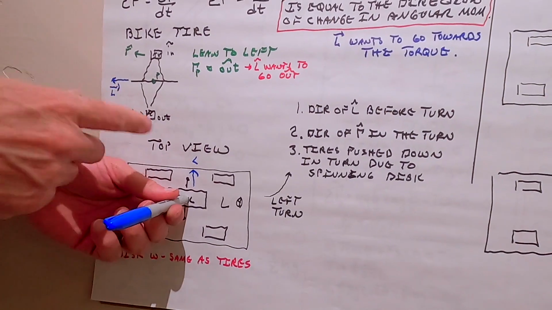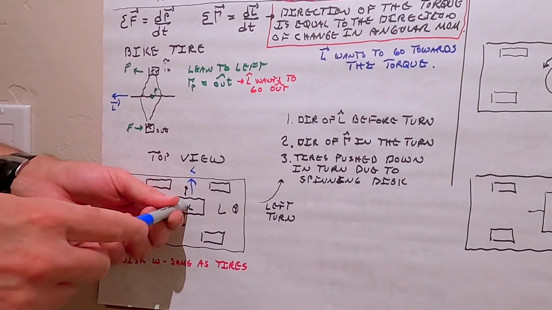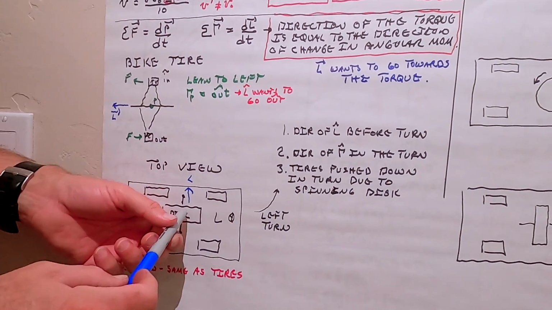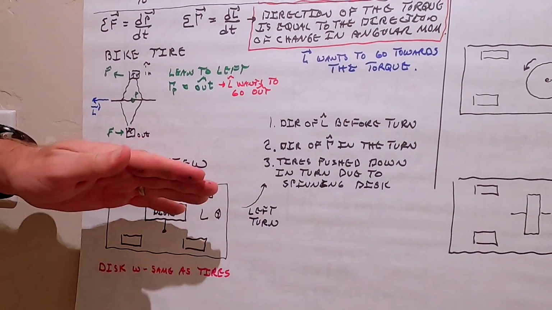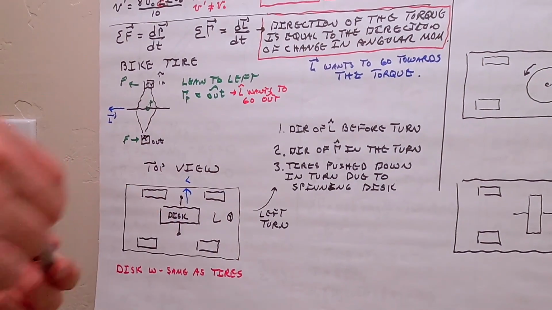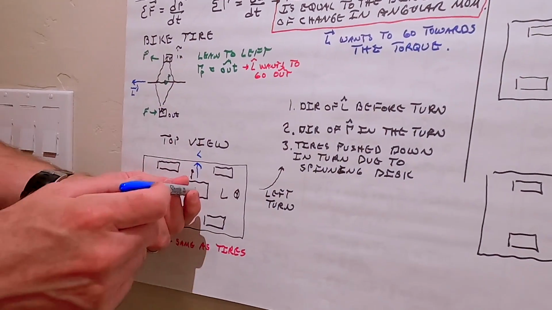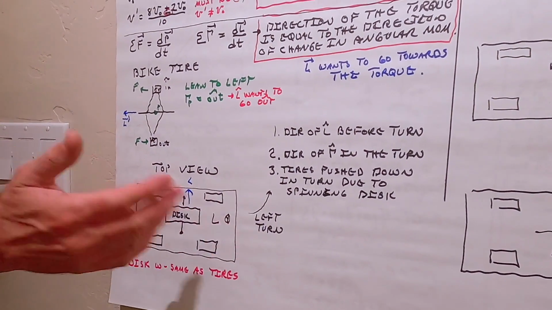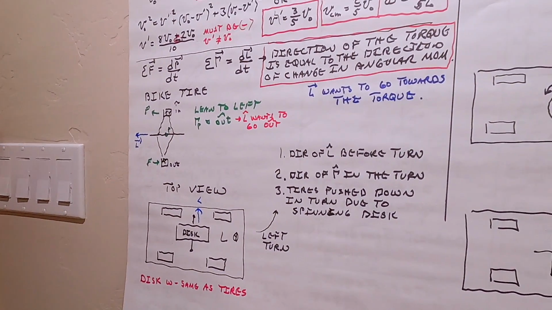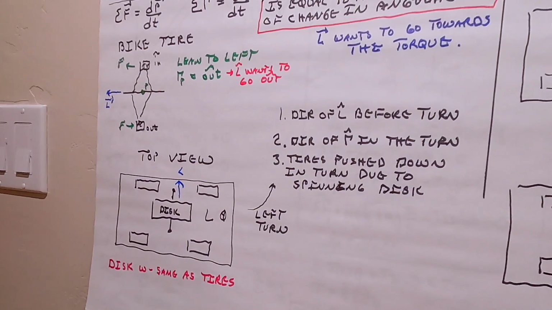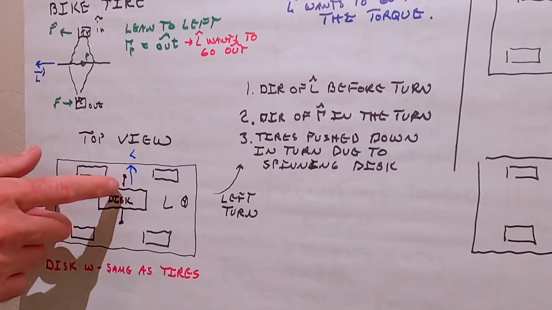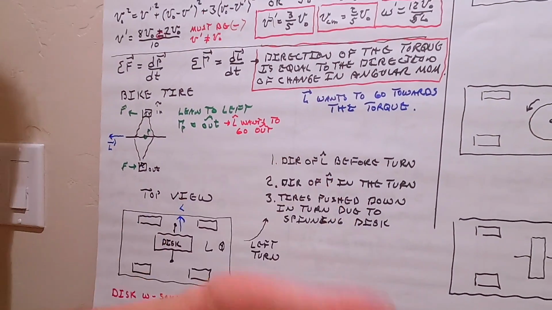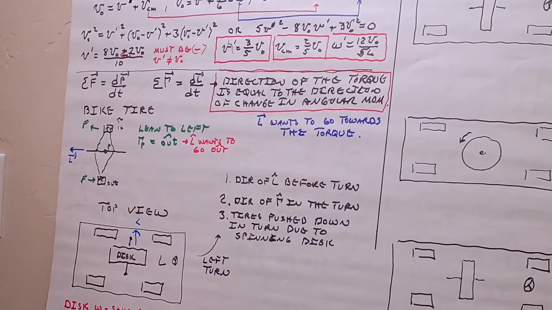What did we say? We said L wants to go to the torque. So this vector wants to come out. So doesn't that mean the car wants to twist? This car wants to twist outward right here. It wants to move like this right here. So this car, already the car wants to twist, but this is going to make it want to twist even